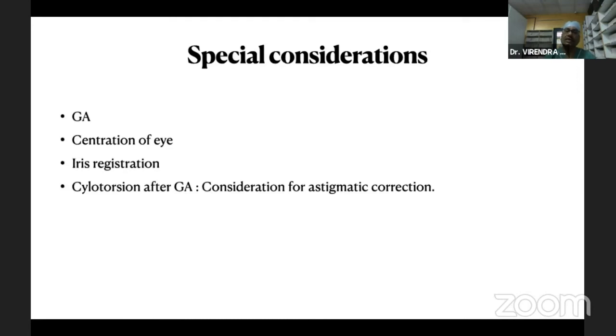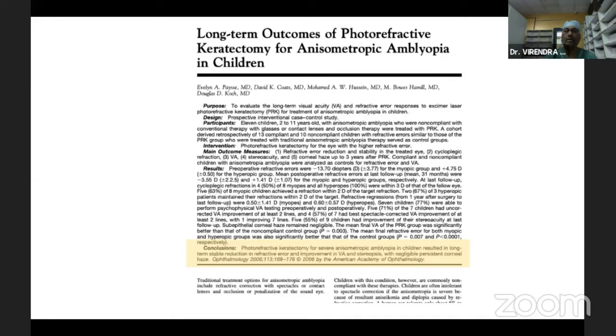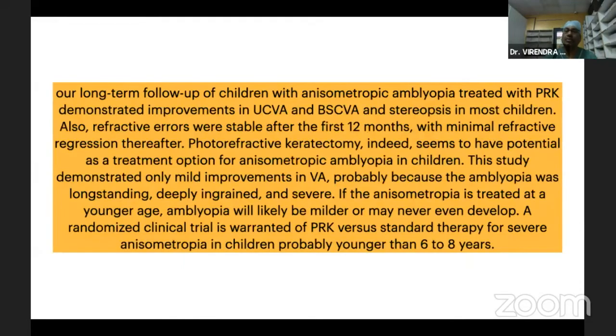So some folds will be deeper in focus, or some part will be superior to the actual focus, and they will have a different energy delivery, and they will not achieve the profile of the cornea we want for correction of the refractive error. Though there are a few reports in which they have done laser ablations, particularly for photorefractive keratectomy or a surface ablation. Fewer reports are for LASIK, more reports are for surface laser ablation. But the number of cases done is very few, and they are also of the opinion that it is not a sufficient study to say that this should be done, but it can be tried.